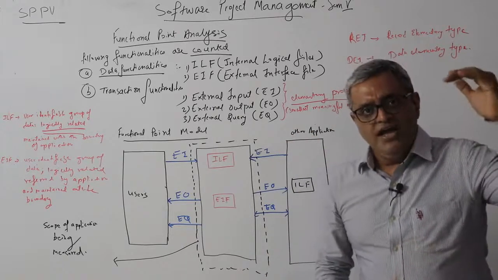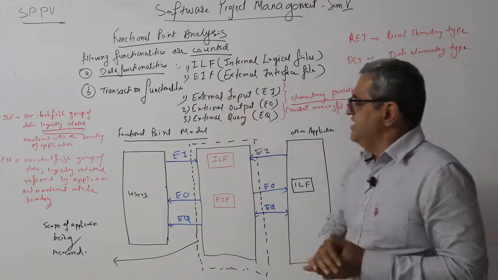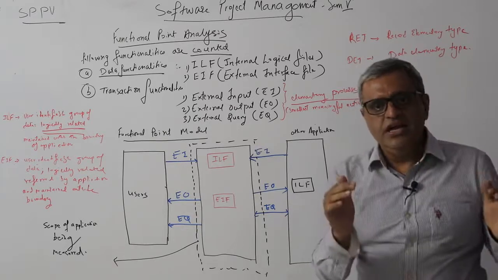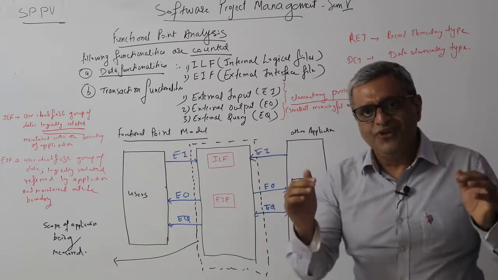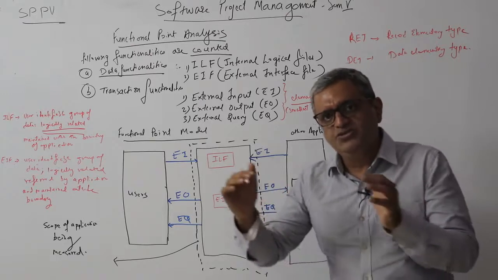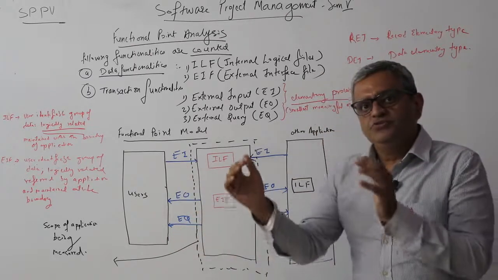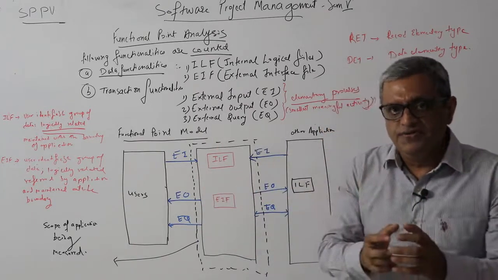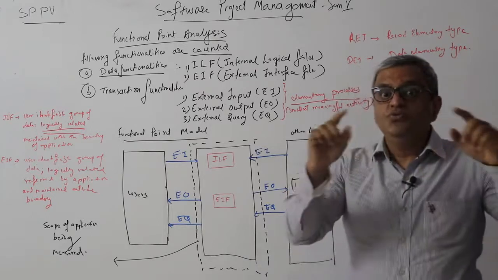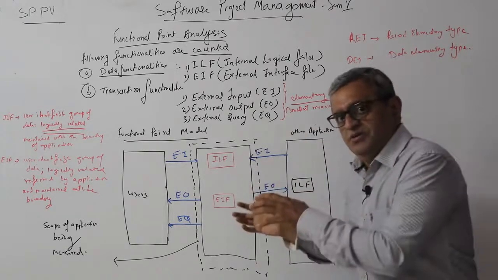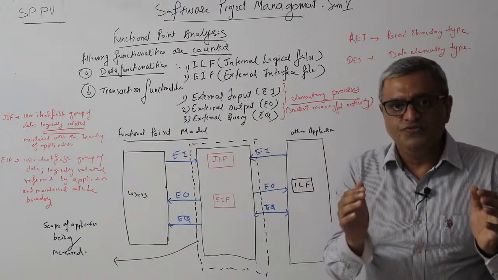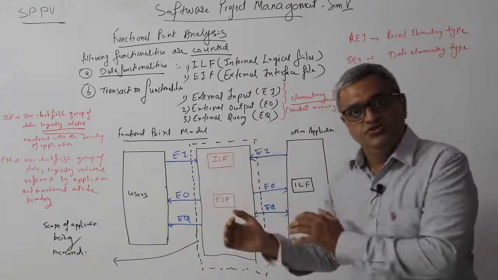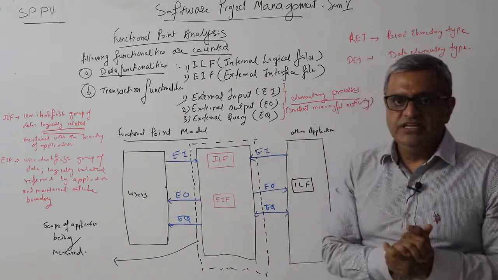Okay, so ILF. The second one we have is the external interface file, EIF. EIF is nothing but the files which are maintained outside the scope of the software. Those could be external files which are actually referred to by the software which you are going to measure. So the current scope of the software refers to certain files which are outside your scope, and that is counted as